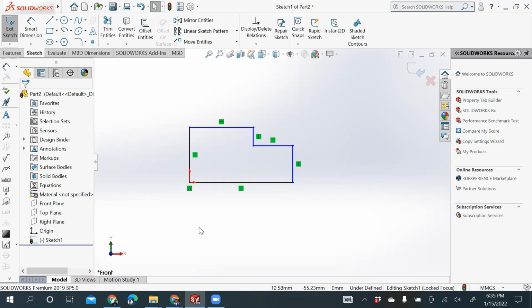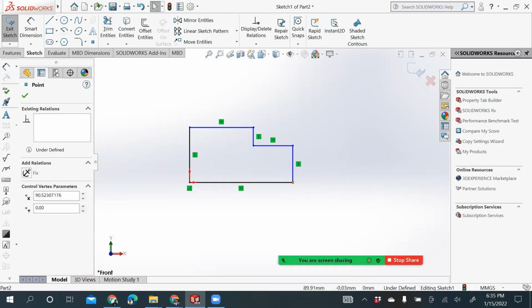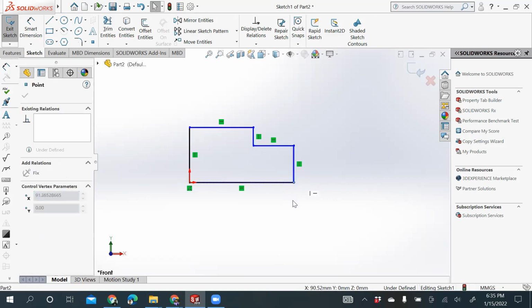Now suppose I want to delete any one of these relationships. What this relationship does, if you look closely, is this: if you select any one of these points, keep it selected and drag it, you can see this point won't go up or down because this line is holding a relation which says that it needs to be horizontal with respect to the x-axis.